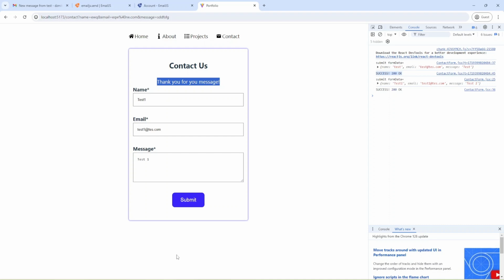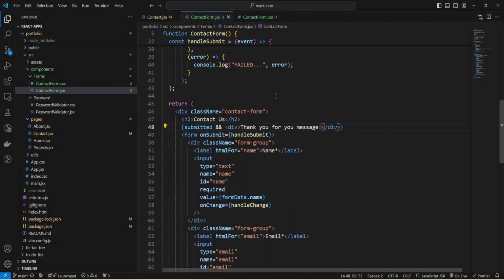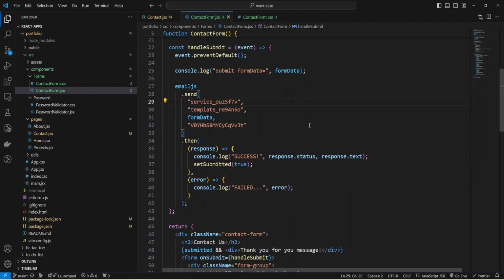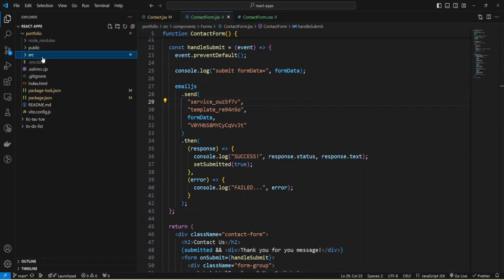And also you can just disable the button or show some icon while the message is sending and then enable it, but I'm not going to do it. One more thing that I would like to highlight: it is not good practice to store all these IDs inside code. It would be better to create an env.local file and place all these variables inside this file, which I have created.